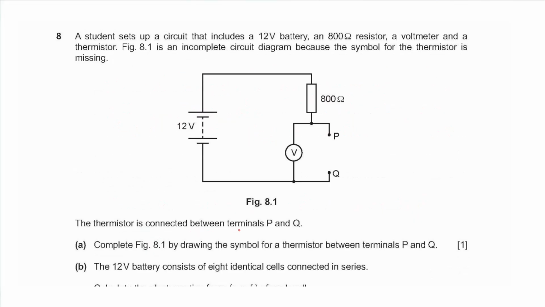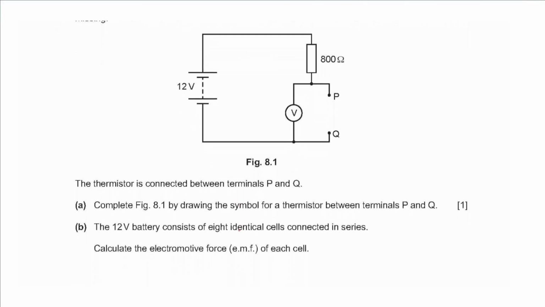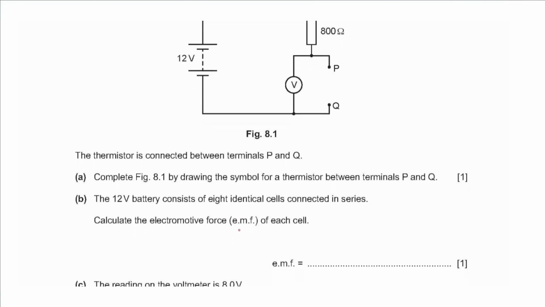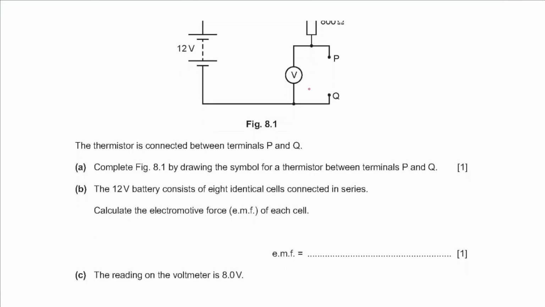Question 8 says a student sets up a circuit that includes a 12-volt battery, an 800 ohm resistor, a voltmeter, and a thermistor. Figure 8.1 is an incomplete circuit diagram because the symbol of the thermistor is missing. The thermistor is connected between the terminals P and Q. Complete figure 8.1 by drawing the symbol for the thermistor between P and Q. So a thermistor is a rectangle drawn like this with a spatula drawn across,